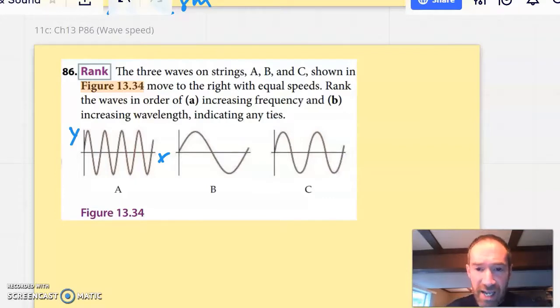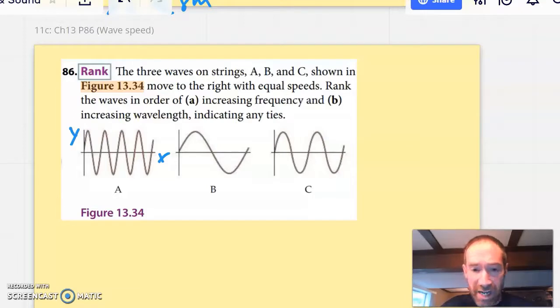So they say all of the waves are moving with the same wave speed, which would make a lot of sense. Maybe there are 3 waves that are in the same medium, same spring, same puddle of water, whatever. If it's in the same medium, everything else being the same, it's going to travel at the same speed. And so this one, A, is going to have a really high frequency of the vibrating source, whereas B was a lower frequency,